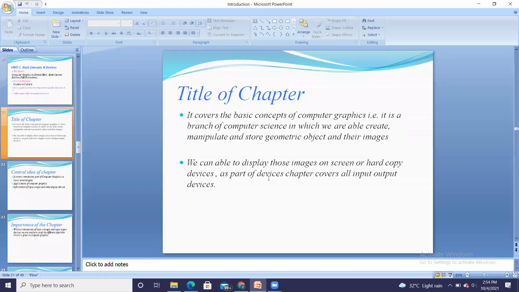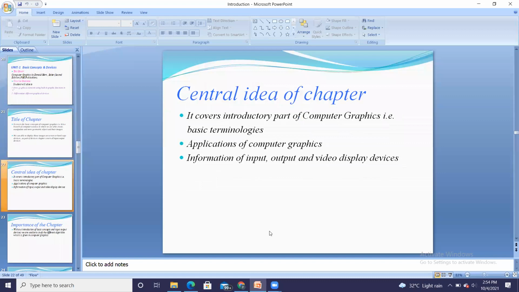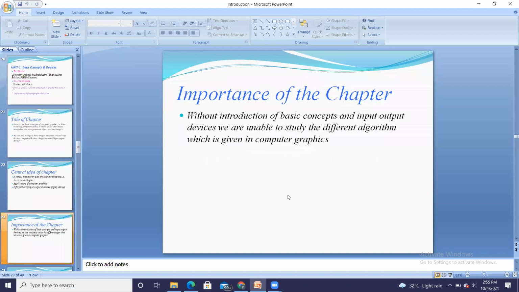As a part of the device chapter, it covers all input and output devices. So along with the basic concepts like frame buffer, pixel, and aspect ratio, it is covering all the devices also, input and output. So that is about the central idea of the chapter. It has basic terminologies, applications of CG, and information on input and output devices.